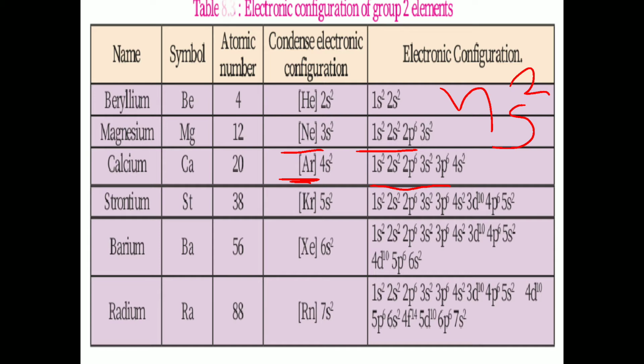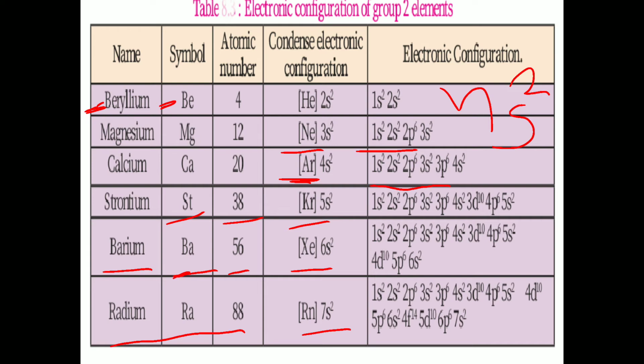Then strontium, atomic number 38, represented by the symbol Sr. Condensed electronic configuration is [Kr] 5s2. Then barium, represented by the symbol Ba, and this is beryllium, which is represented by the symbol Be. Both start from B, but in beryllium there is Be and in barium there is Ba. The atomic number of barium is 56, with condensed electronic configuration [Xe] 6s2, and then radium, atomic number 88, and